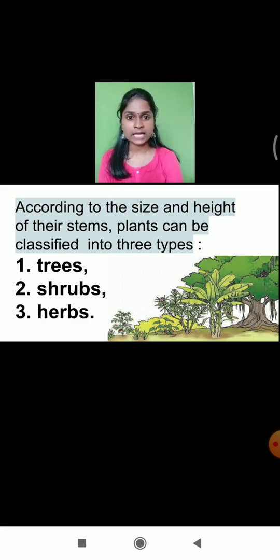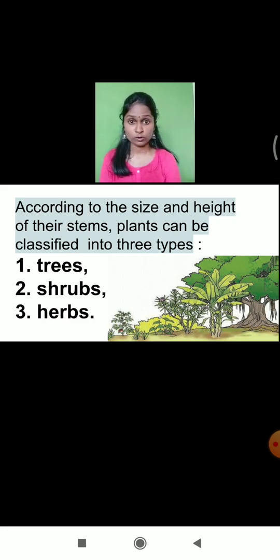Can you tell me the example of each and every one? Just try to recall what are the examples. What is the example of the tree? The example of the tree which we just saw, that is mango tree and banyan tree. Okay. What is the example of shrub which we just saw? The example of the shrubs are hibiscus plant and oleander plant. What is the example of herbs which we just saw? The example of the herbs are fenugreek and periwinkle plant which we just learnt now.